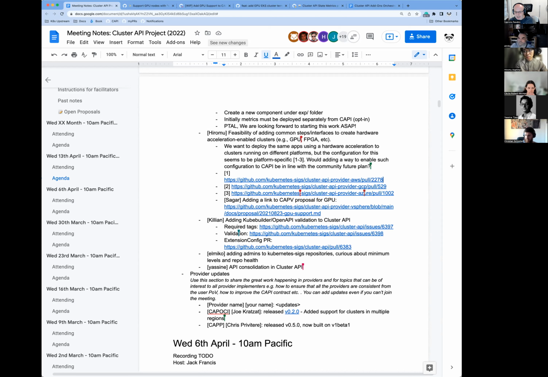With ClusterClass there is now a separation between the person that defines the template and the cluster, so you already have a layer that allows you to create clusters on different infrastructure that look almost the same, and all the infrastructure-specific details are hidden in the ClusterClass.